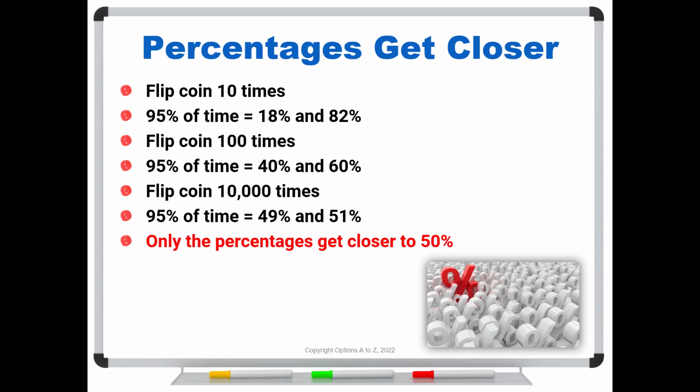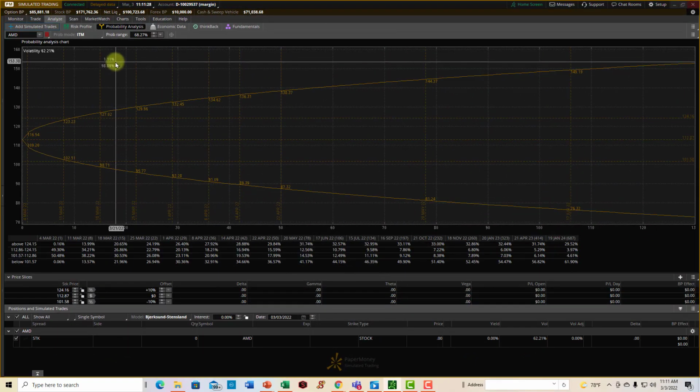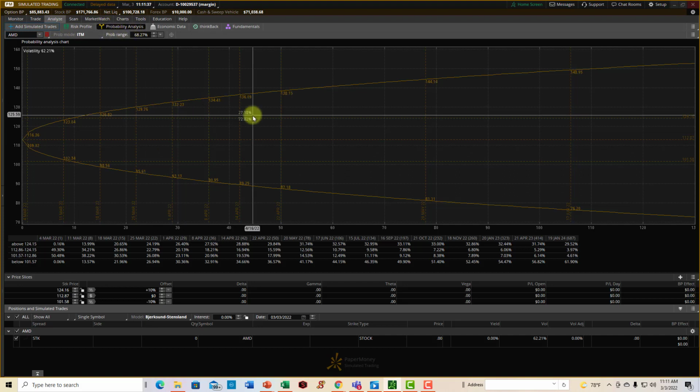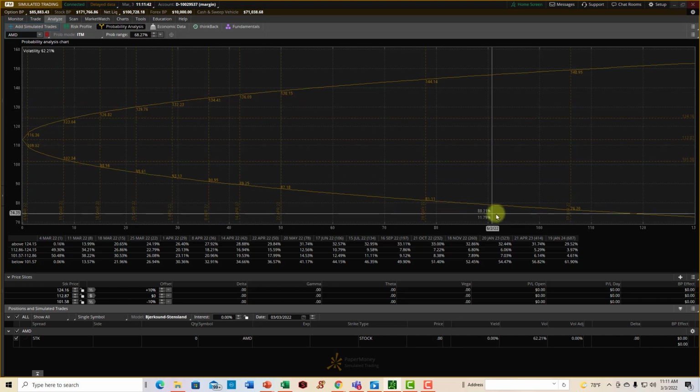So to see how these problems come into play and the misperceptions, let's jump over to the Thinkorswim platform. So now we're into the Thinkorswim platform, and I'm clicking on the Analyze tab. And under the Analyze tab, you've got several sub-tabs. I'm on Probability Analysis. Now, without going into the details, what you're looking at is this cone, and we have days across the bottom. So we're going further out in time. Here's 20 days, 30 days, 40 days, and so on, out into the future.